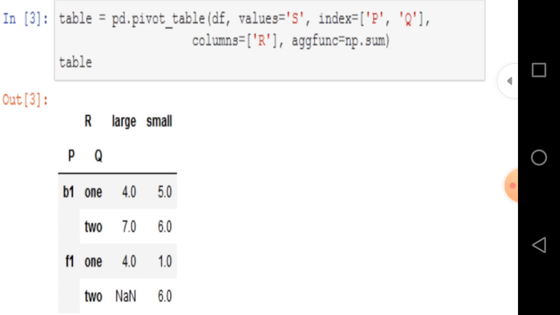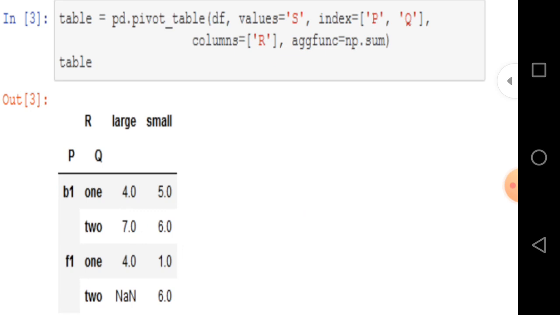We took a table named table, and then assign the value pd.pivot_table and pass df as the argument. We know that df is the name of the data frame here, and we have to pass 4 arguments at least. First one is values, second one is index, third is columns, and fourth one is the aggregate function which we want to use.